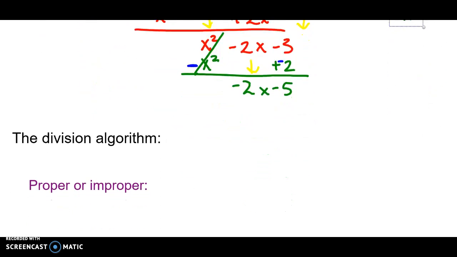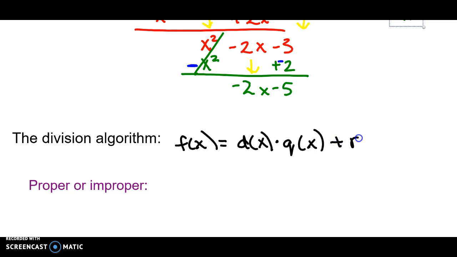And just like we did before, we can also rewrite this in a similar way. Just understanding the fact that when I have my function, it's equal to my divisor times the quotient plus the remainder. Okay, this is understanding what it means to divide and what it means to multiply, how they are related to each other. Another way we could write this